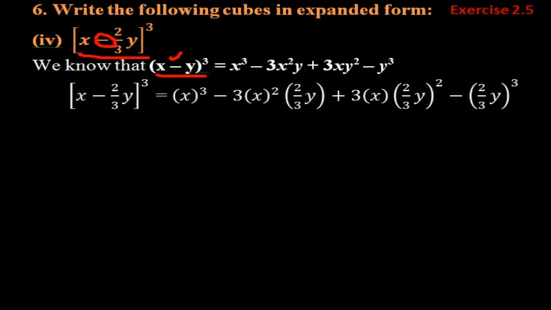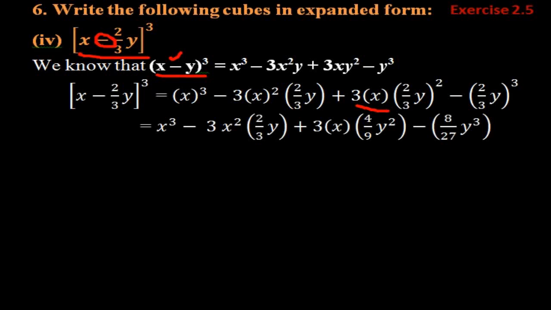Now we have to simplify this one. Here x square is there, we are going to square it. After squaring only we have to multiply the coefficient. So we cannot eliminate this 3 and this 3. These 3 cannot be eliminated because we have a whole square for this 3. So first you have to finish off this exponent, then only you can divide this one. So first let us finish off the squares and cube terms.